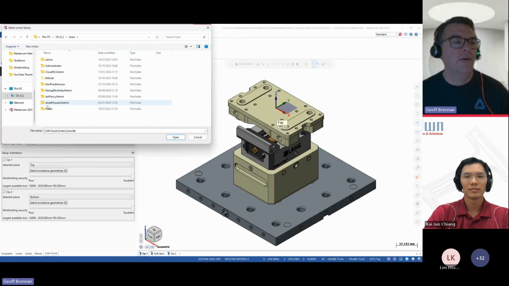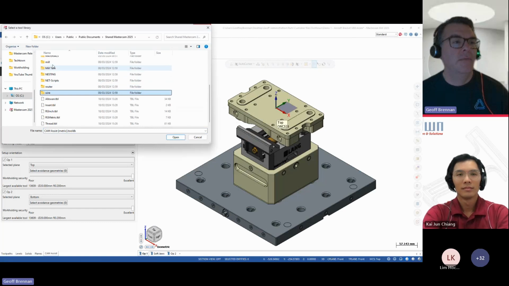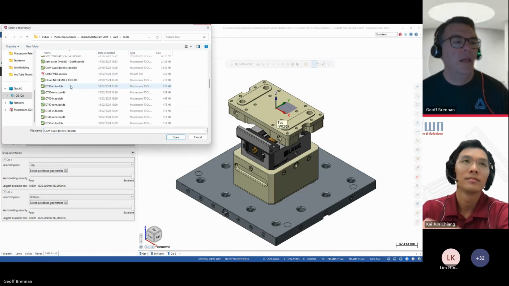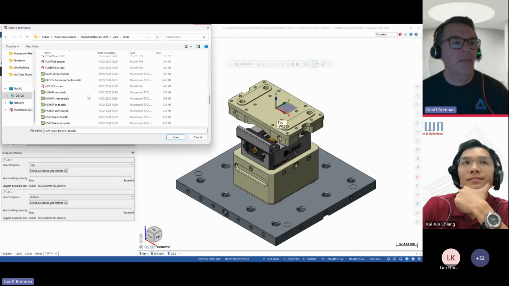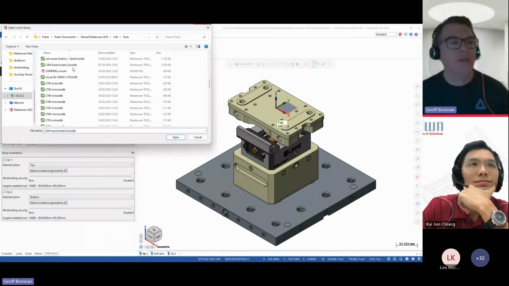So I'm going to go to the default location, Mill, and I'm just going to add in the Cam Assist inch library as well. When you install Cam Assist, you get an inch and a metric library.